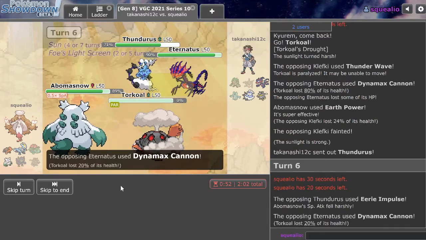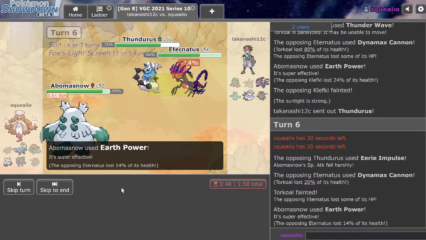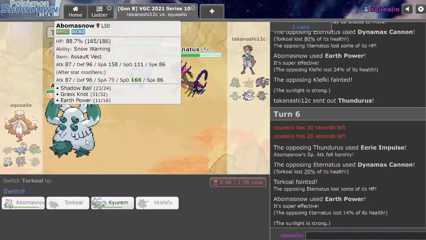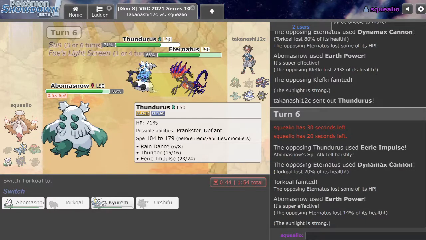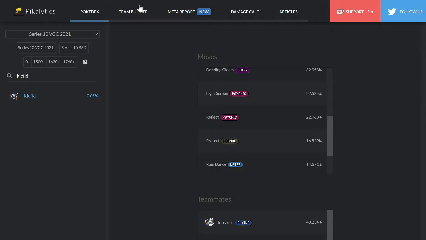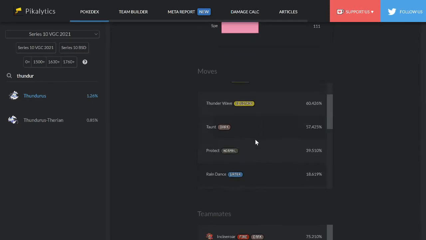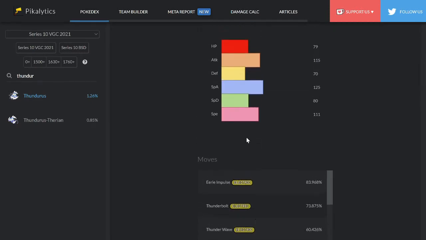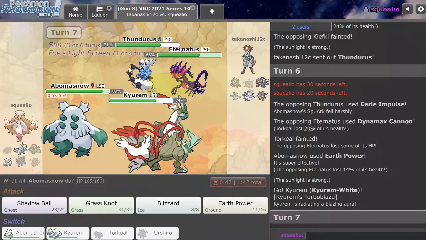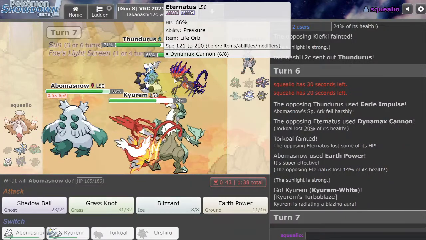Eerie Impulse. Wow. Great. Do it. Damn. No drop. Okay. So now... Does Thundurus get Tailwind? I don't think it does. Am I stupid? I feel like that's an obvious answer. If they had Tailwind, that'd be crazy. It does have Eerie Impulse, though. So, I mean, it can make my attack even